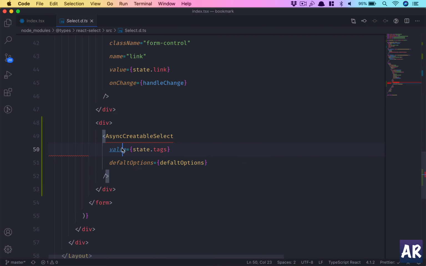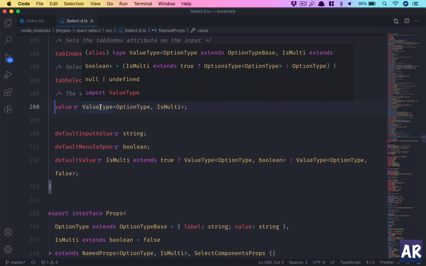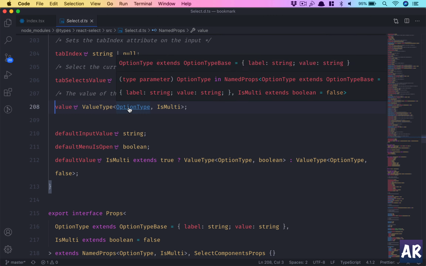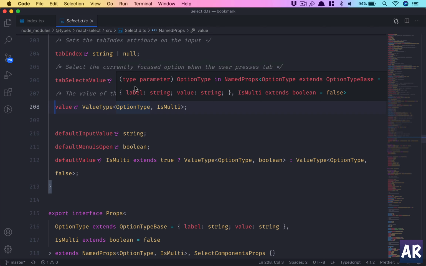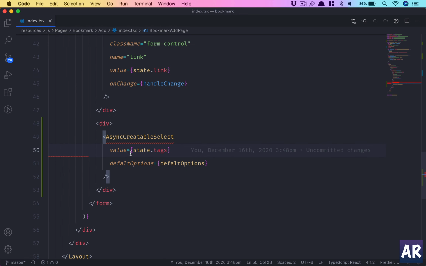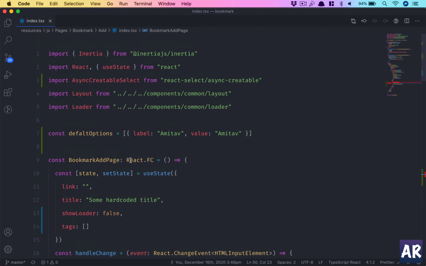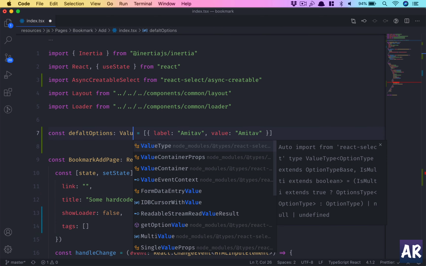So let me open it up. So we have value, which is of type value type. Okay, and it has option type in it, which is a label and a string. So can you see this? Right? So it expects a value in that format, and hence what I will do is this default options, I have to do a type definition for it. So value type,